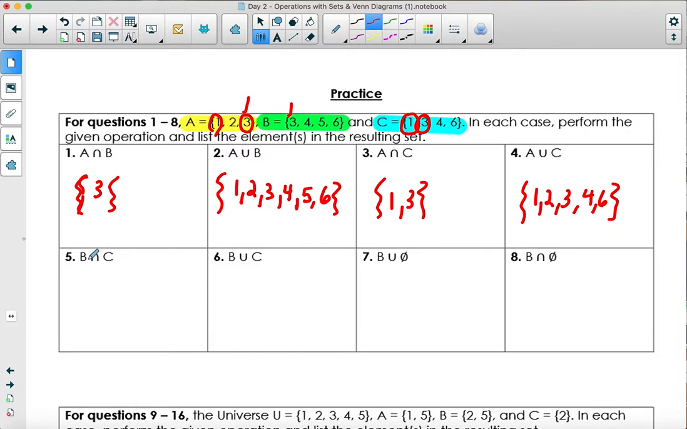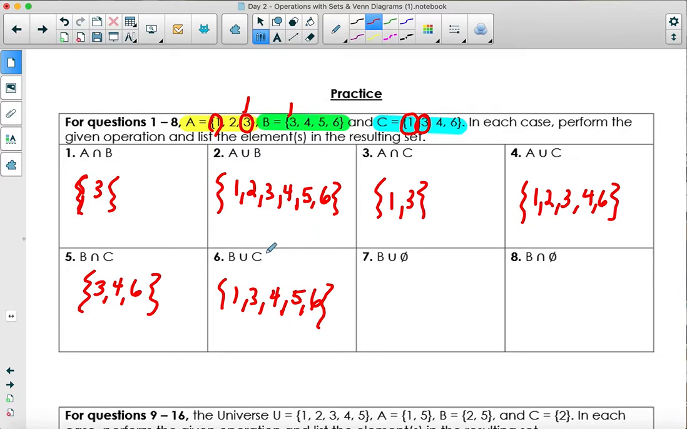All right, this is the intersection of B and C. So what do they have in common? They both have a 3 and they both have a 4 and they both have a 6. So they both have 3, 4, and 6. Union, B and C. So I see 1, 3, 4, 5, and 6. Okay, and then